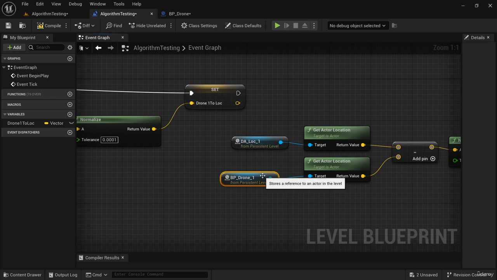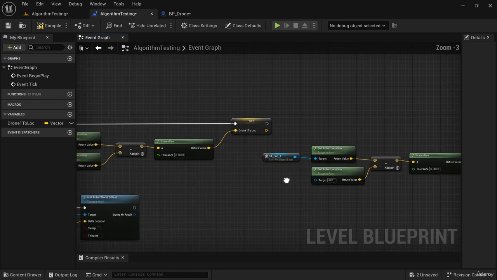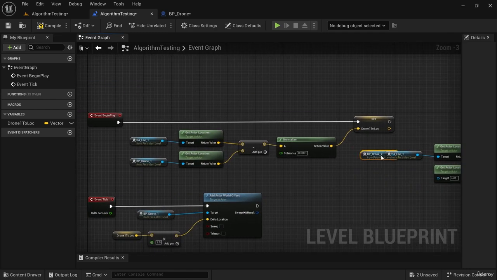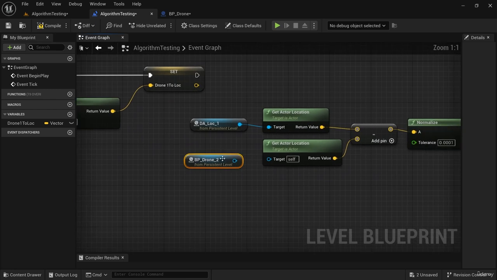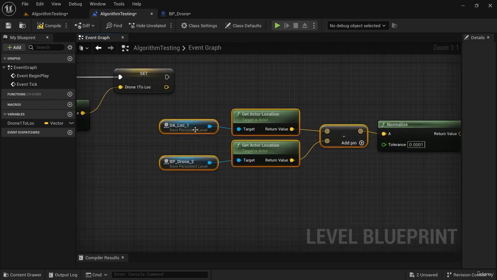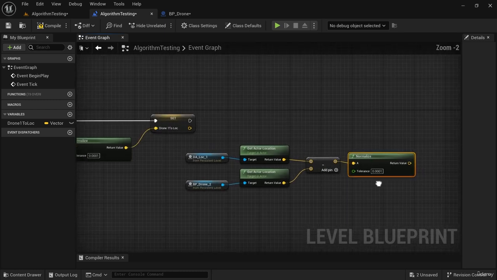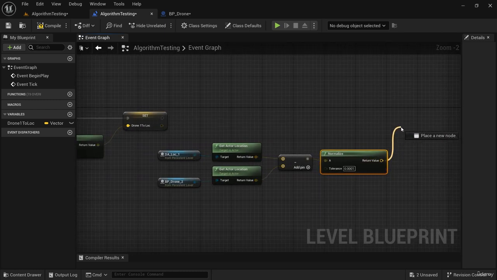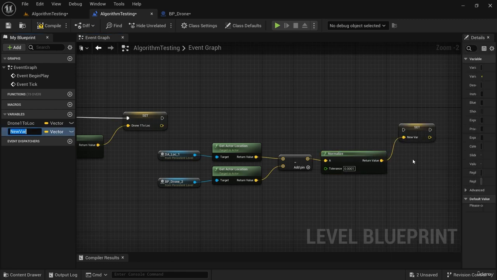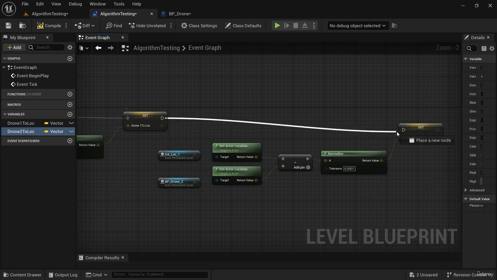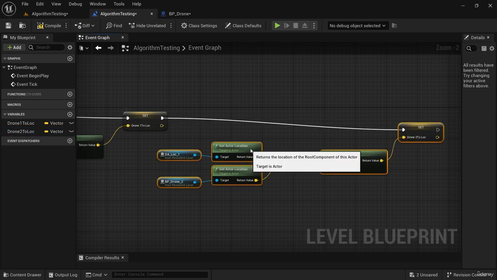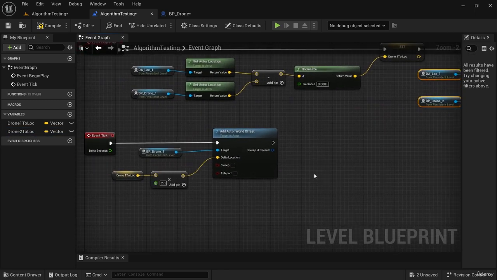So I'm going to take this drone 1 actor reference and delete it, and take my BP drone 2 actor reference and hook that one in instead. So now we're getting the vector from drone 2 to loc 1. We're normalizing it, and we're going to store that in a new variable by promoting this to a variable, and we're going to call this drone 2 to loc. So now we have 2 vectors that we can use, and we can add a world offset to both drone